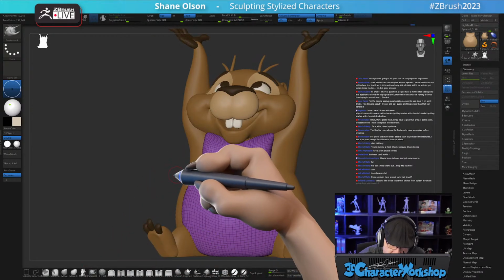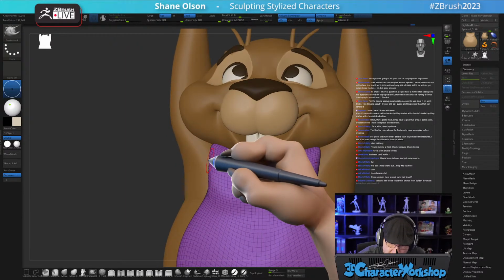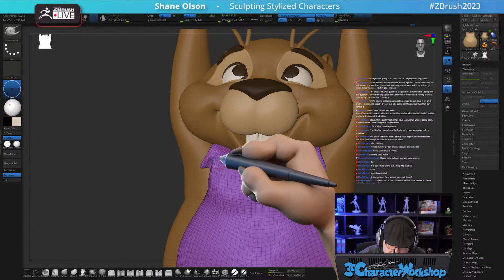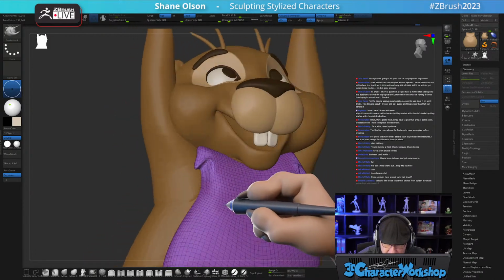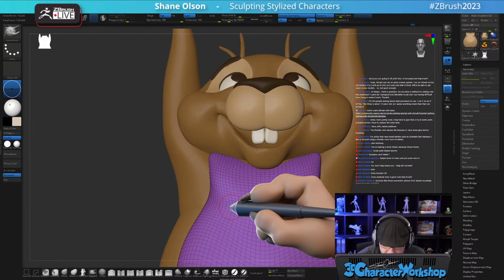Sometimes I'll use actual hairs, separate pieces. Sometimes I'll try the snake hook brush and drag it out and see what it gives me. But it's always just kind of goobish. So